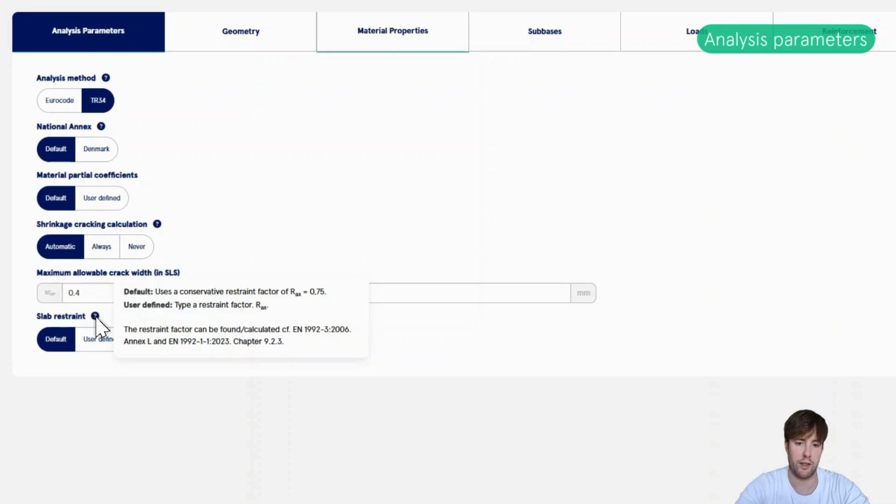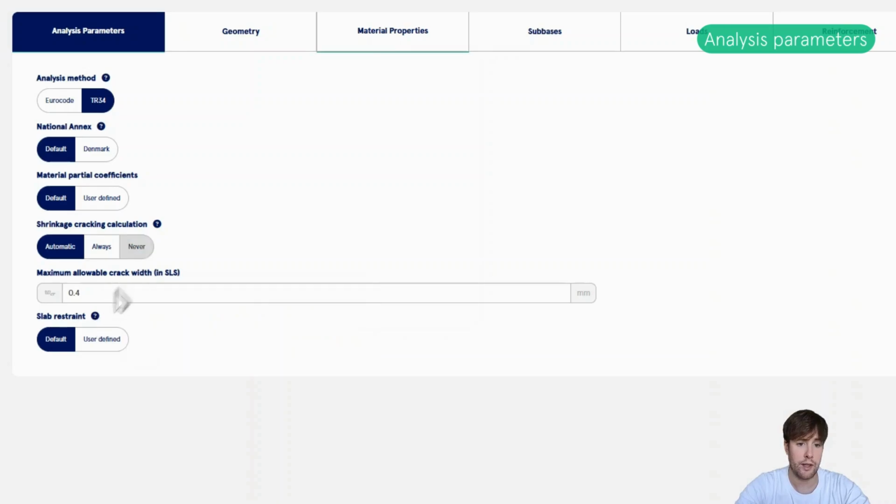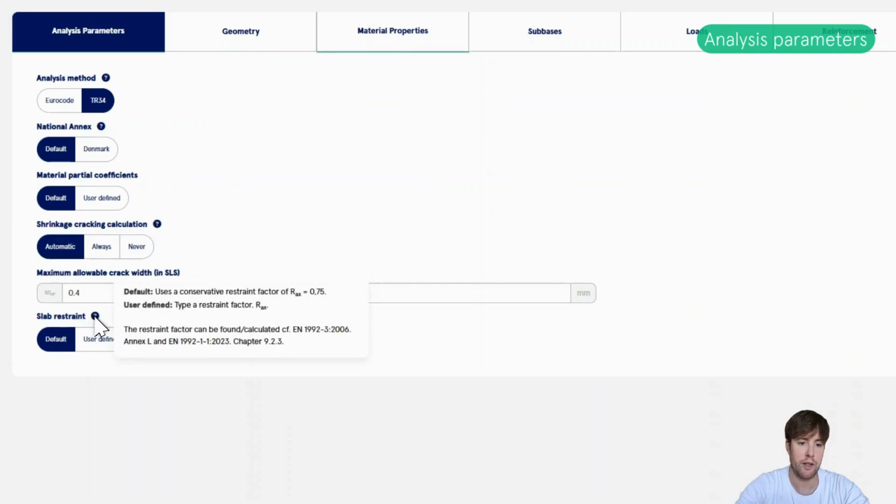these shrinkage cracking calculations. As you might have already noticed, for some of the inputs, we have this little question mark. That's a little help text that when you hover over the question mark, you can see, or we try to describe what it is that you're typing in or what you're choosing.